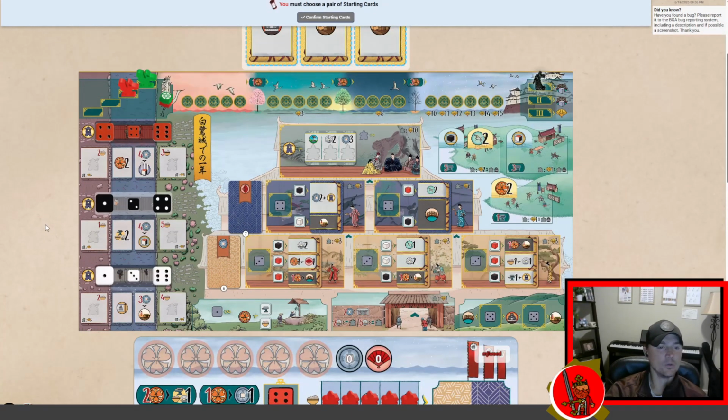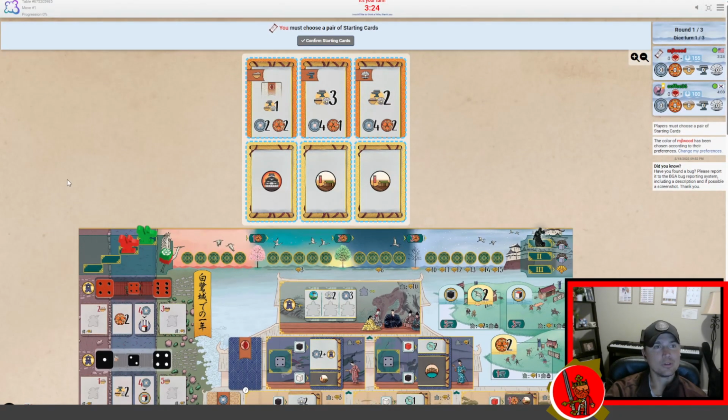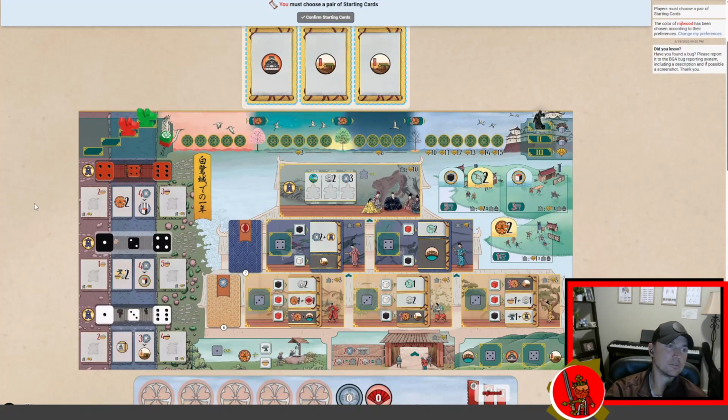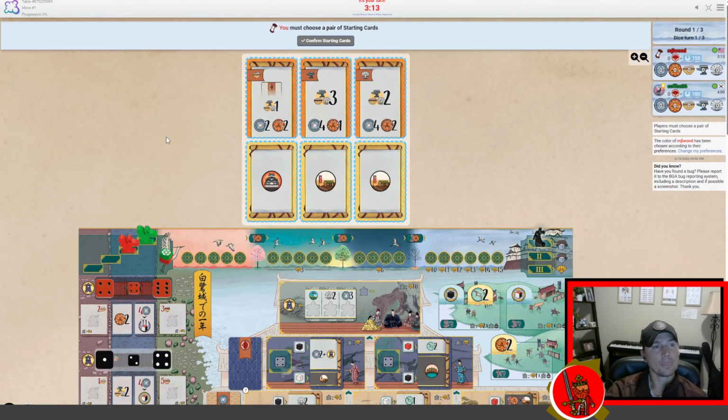Basically a 9-move, kind of a combo-y game on Board Game Arena. So, should be fun. So we're going to choose our kind of starting